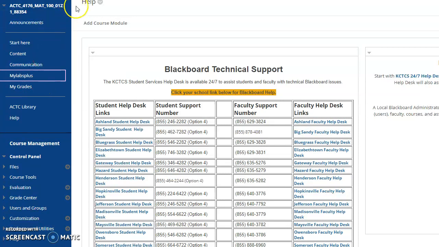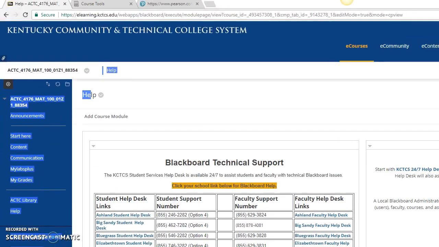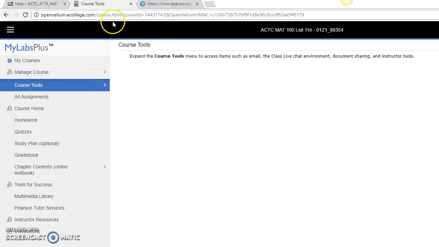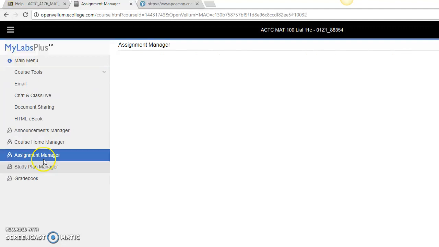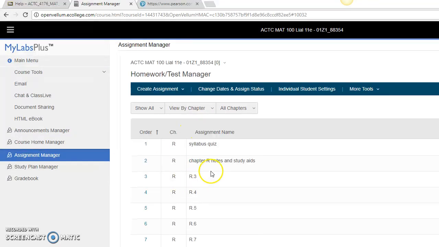That way, let me pull the screen up here. That way you can go back and forth between our Blackboard shell, and then Course Tools where you'll see MyLabs Plus. And that's where, like I said, most of your work lives. So in MyLabs Plus, and yours will look a little different than mine from the student view, but you will have your assignments in there. This is everything you're going to need to do for the class will be listed here